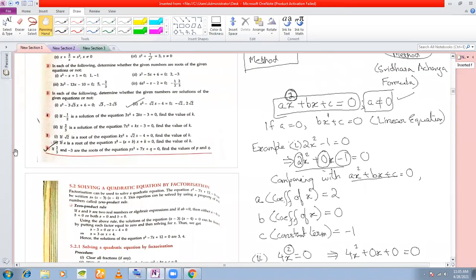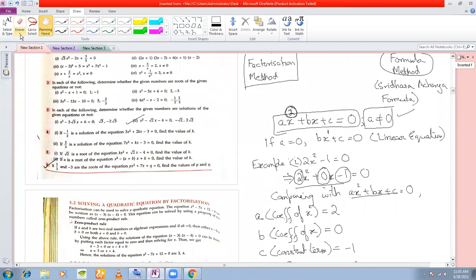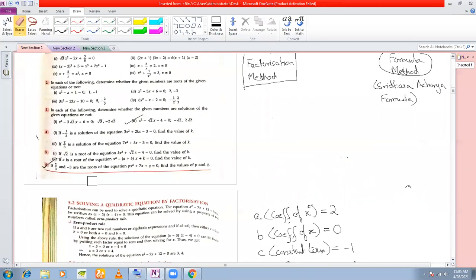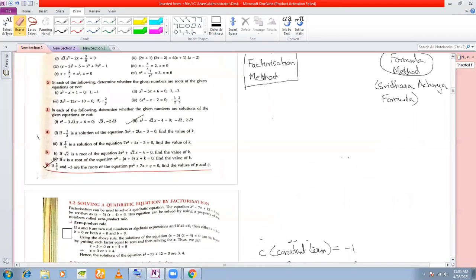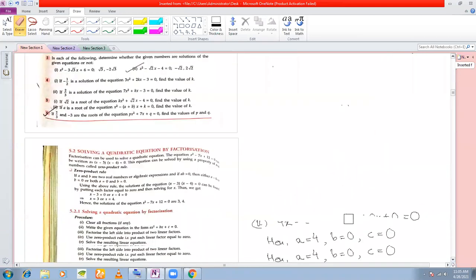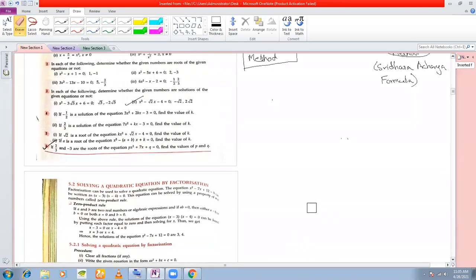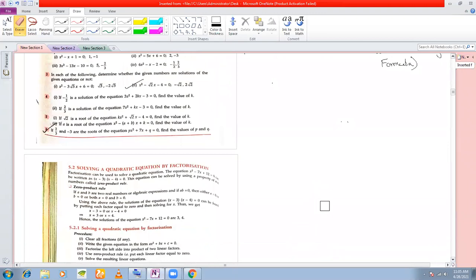Now, moving to the very fundamentals of this exercise, this chapter. This is the first exercise. This has nothing to do with the concept. This is very basic on quadratic equations. Let us solve just two problems from this exercise, and then we can move on to the next exercise, which is also a revision of what you have already done, except that there'll be a little more difficult, standard problems in the next exercise. So here we'll start with 3.2.